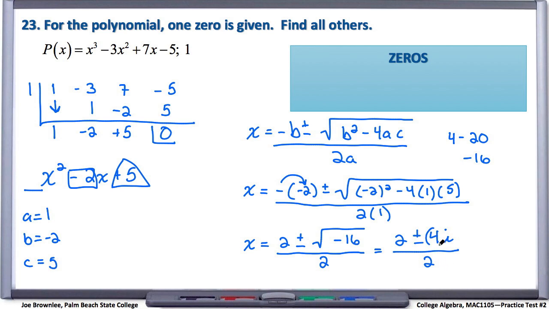And when you can reduce these three numbers, go ahead and reduce them. And so this is going to become 1 plus and minus 2i. So these are the two additional zeros that we have for this polynomial in addition to positive 1 that we were given. So our zeros are 1 and then 1 plus 2i